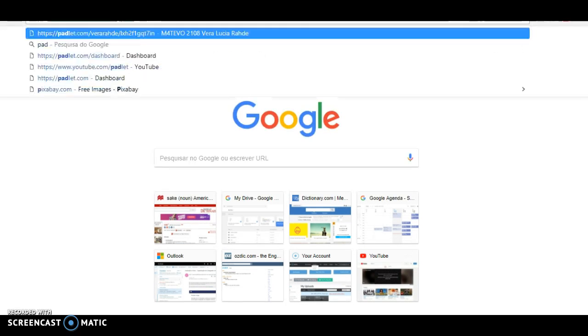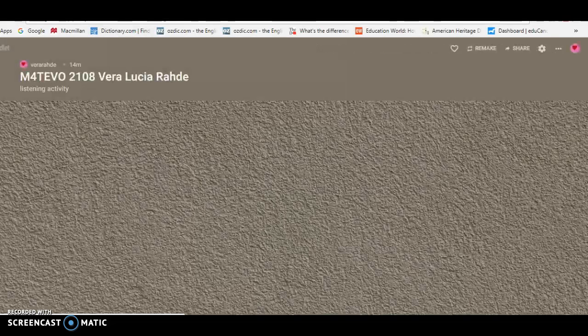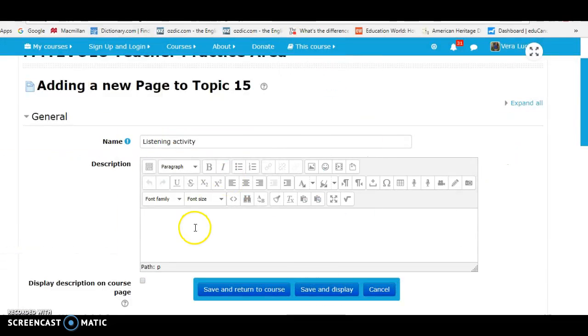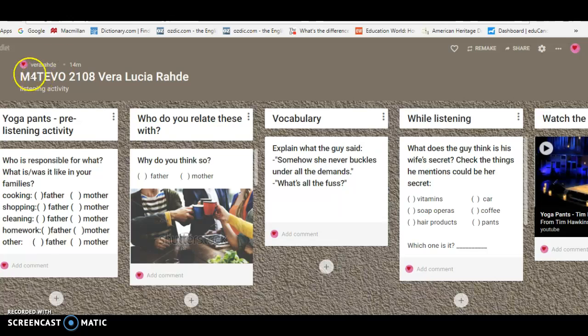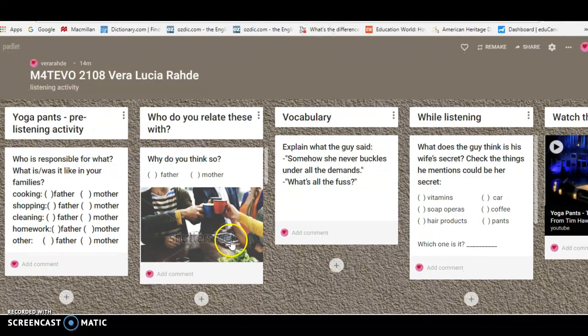to Padlet. Let's see here. Okay. Sorry. Yes, I opened it. So what I did is I created this Padlet with the listening activity. Here it is. I don't know if you're familiar, but it's a nice tool. And this